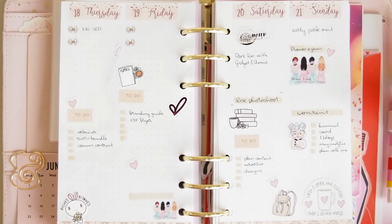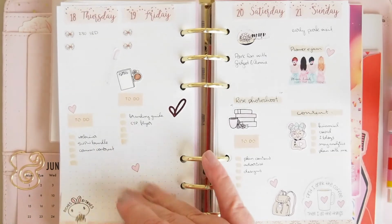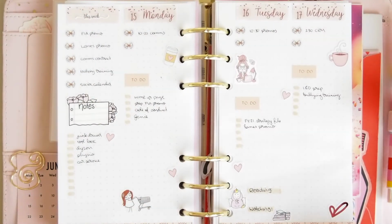So I'm really happy with the way it turned out. I wasn't sure as I was doing it. It kind of felt bare because I didn't have that full box thing happening this time. I didn't have all of those decorative things, which I'm kind of used to having. But I like that I don't have them this week. I kind of like that it's much more minimal in a way, but still cute because I've got the fun, cute little stickers in there,